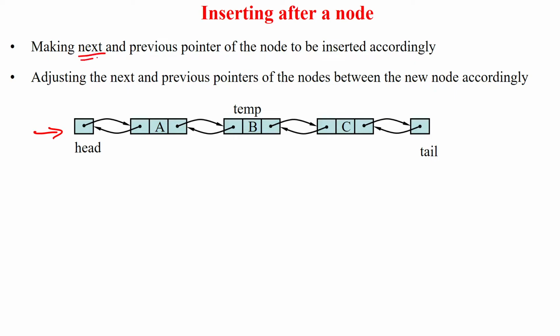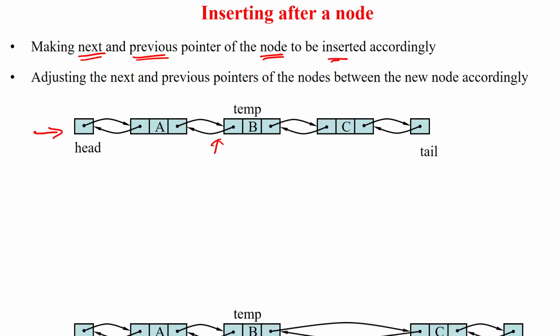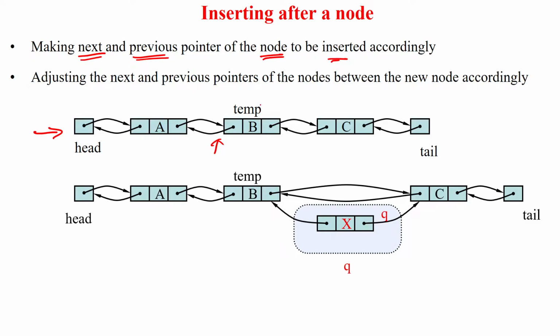Then we should adjust the next field and the previous field of the node that is going to be inserted. So when we are adjusting that, if it is the position where I want to insert my new node, then this is assigned as the temporary variable. Here I am inserting my node as the third node in the list. Okay, so this is done